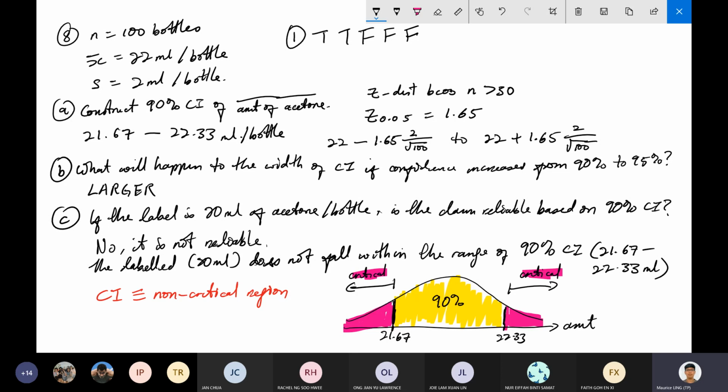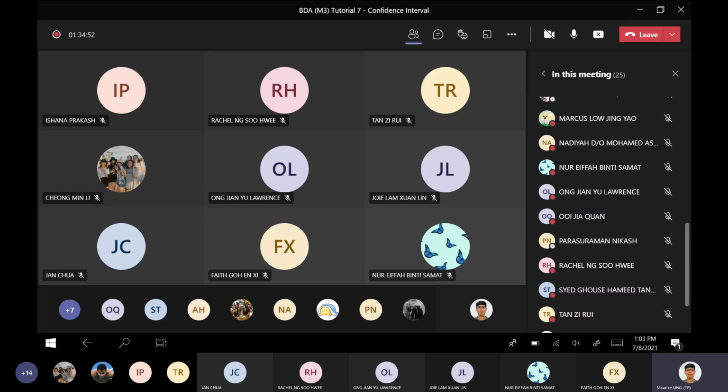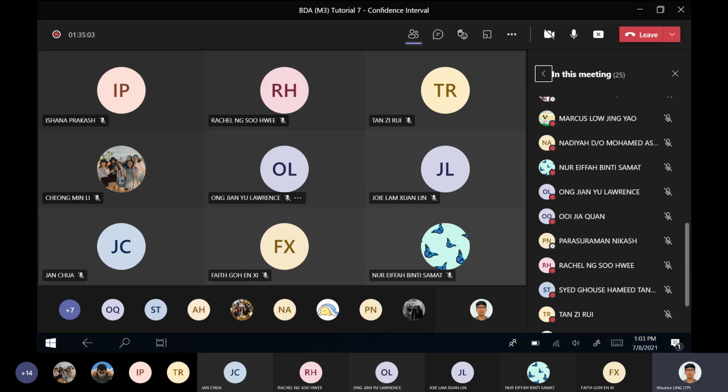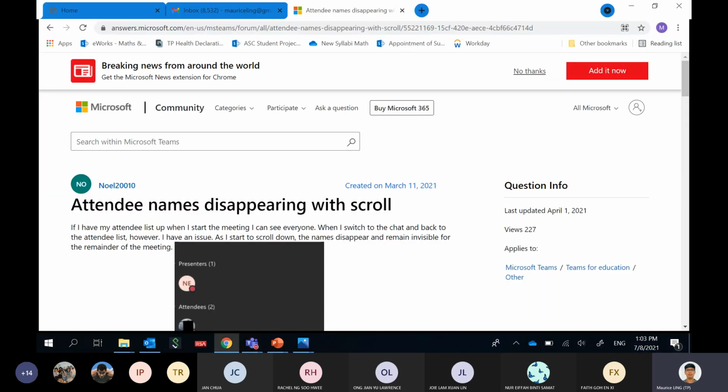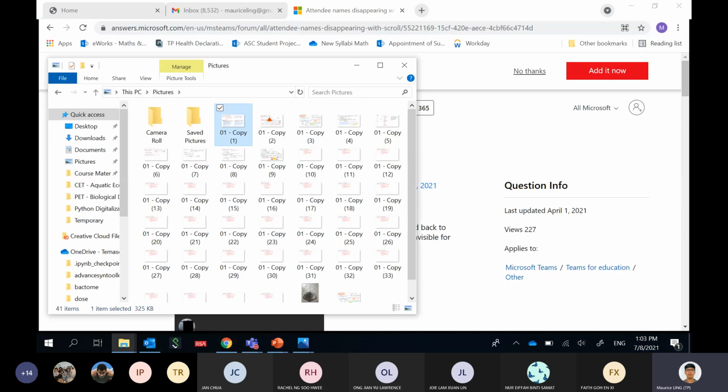Okay, let me just bend my laptop over. One of these days, my laptop screen is going to be just broken in my hands. Okay, where's my mouse? Mousey, where are you? All right, any questions so far?